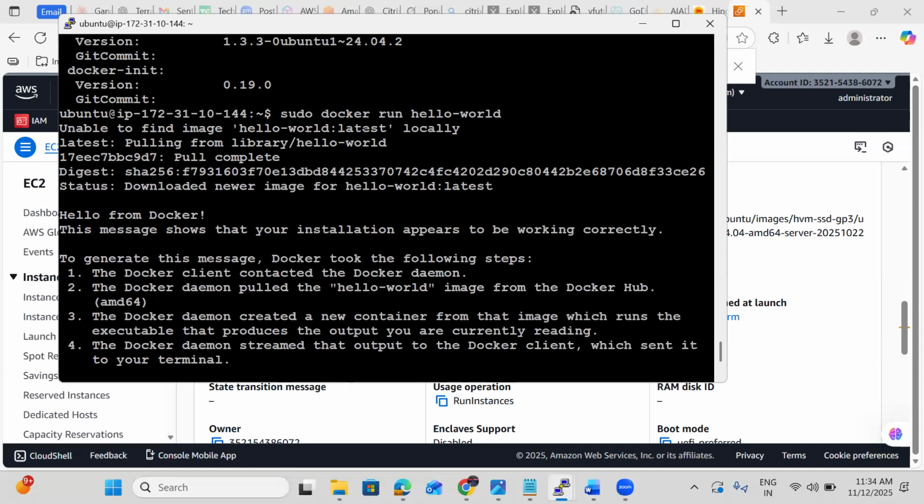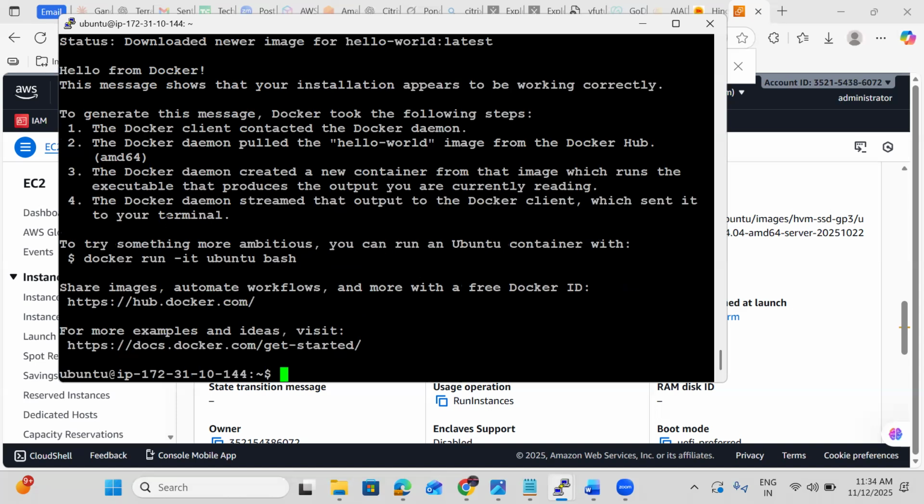Docker is not able to find that hello-world image locally. Then it is pulling from the Docker registry, and that image has been downloaded. Now it is executing, and the purpose of hello-world is just executing that command and